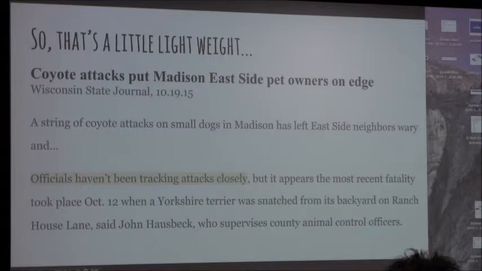And here's what was from the Wisconsin State Journal. A string of coyote attacks on small dogs in Madison has left the east side neighbors wary. And then that struck me. Officials haven't been tracking the attacks closely. Now, I don't know if anybody works with wildlife or urban wildlife ecology here